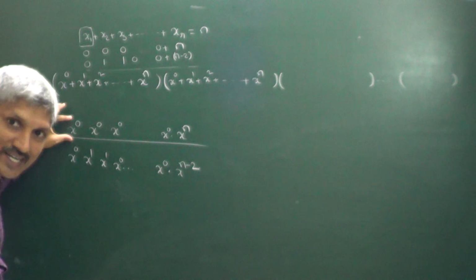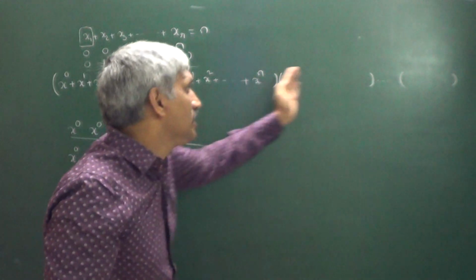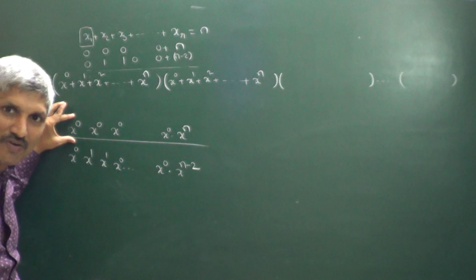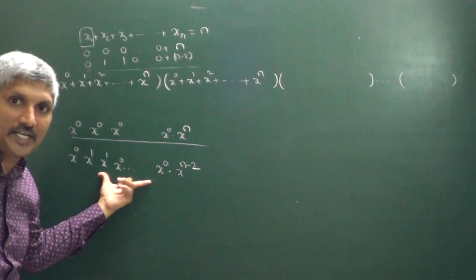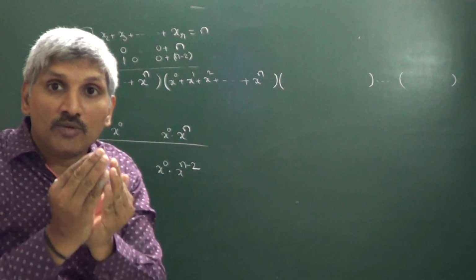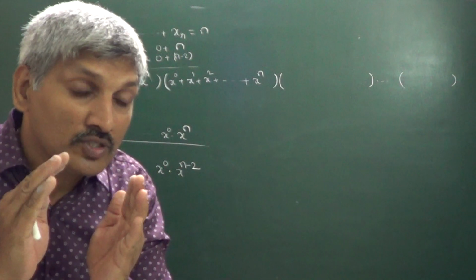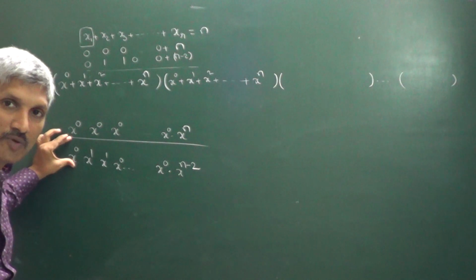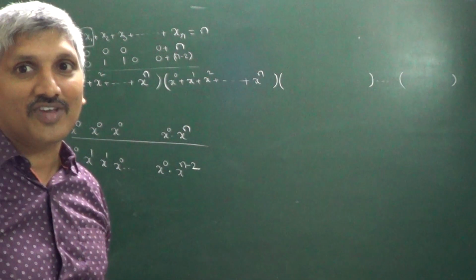So this is one term, because in this multiplication this is one particular term. In this multiplication, this is another particular term. The multiplication of this term gives x power n only. Here also you will get x power n only. Now, how many terms in the multiplication are involving x power n? This is one, x power n. This is another one, x power n. Like this, how many are there? That is nothing but the coefficient of x to the power of n.